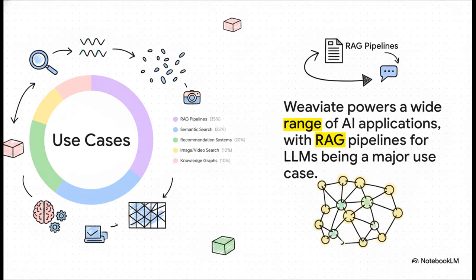Okay, so where are people using this stuff? The applications are massive. A huge one right now is something called RAG, which stands for Retrieval-Augmented Generation. That's basically where you let an LLM, like GPT-4, tap into your own private library of documents. It makes them way smarter and way more accurate. But this tech also powers better company-wide search, smarter recommendation engines, and even image search.